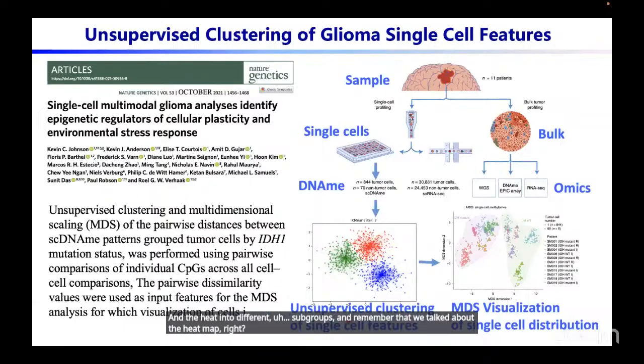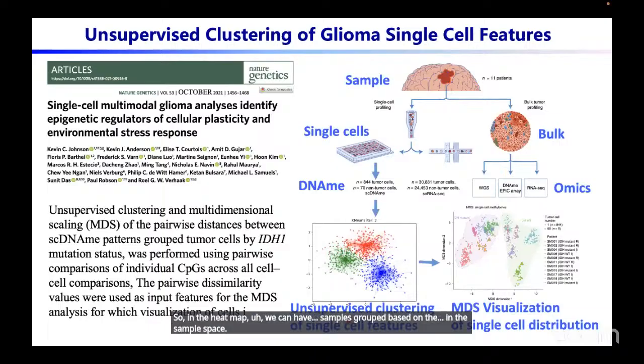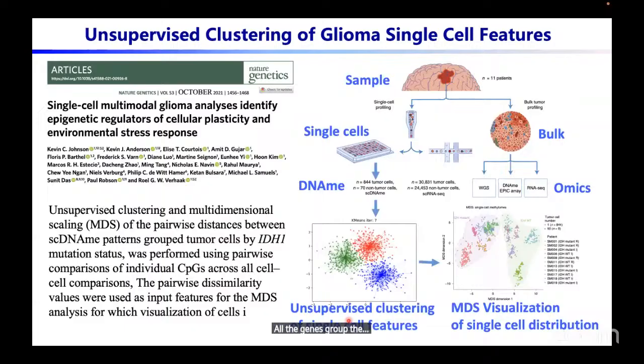So in the heat map, we can have samples grouped in the sample space, or the genes grouped in the genetic space, right? So if we can do that, we can actually select those genes that are grouped together to be some kind of